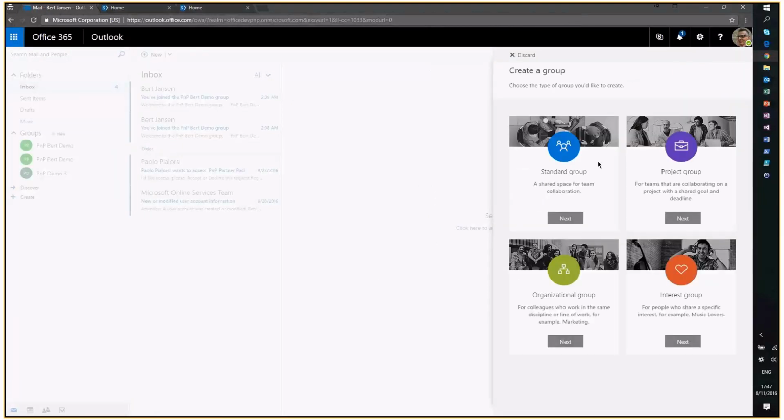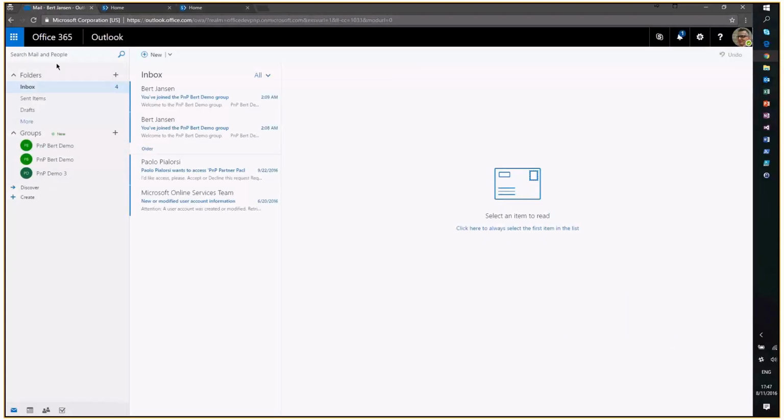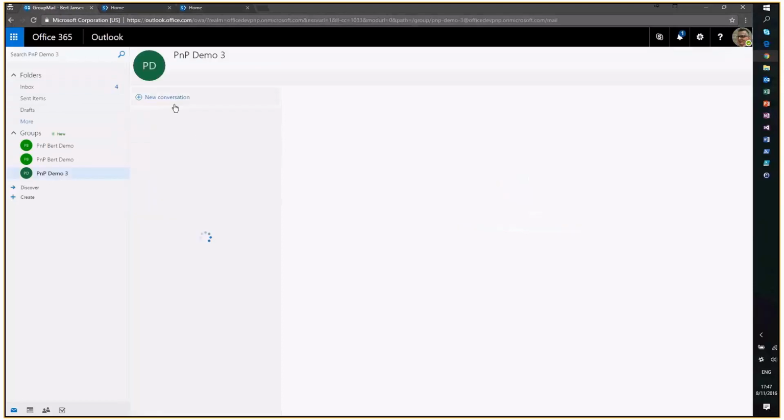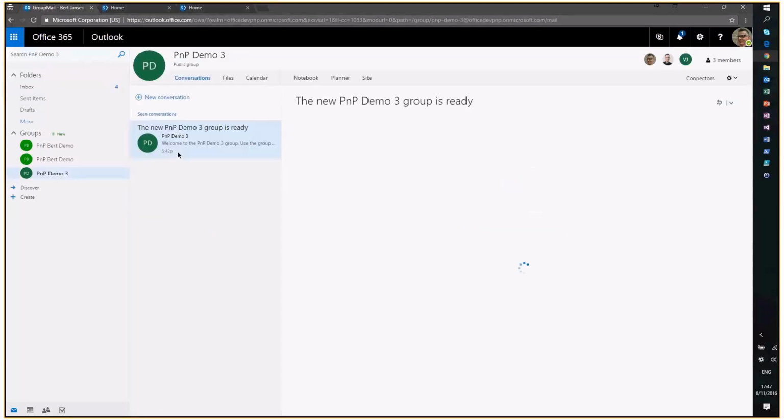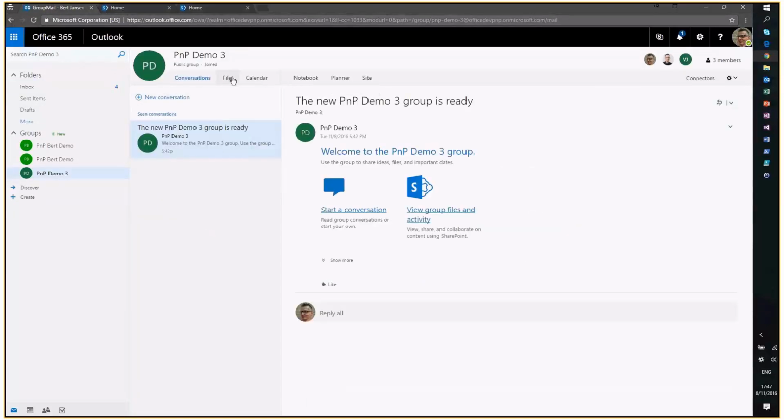Well, it depends slightly on a tenant. In my case, it actually provisions me completely new modern theme sites. So it slightly depends. But you can have the modern one if you go to group files. Just making sure that we show this one in practice. If you create a new group from the Office Outlook in Office 365, if you go to the files section,